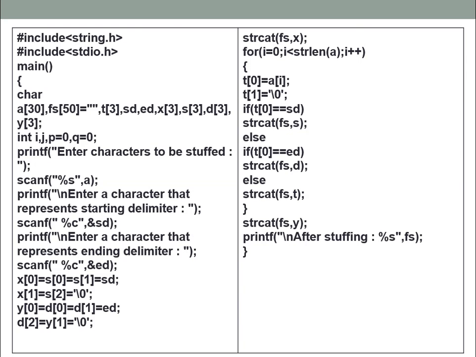Right now the SD value is what? A, and t of 0 is equal to a. If those values are equal, then it gets concatenated with the S value. If not, it will check whether ed is equal to t of 0. If they are not equal, this loop doesn't get executed, and directly